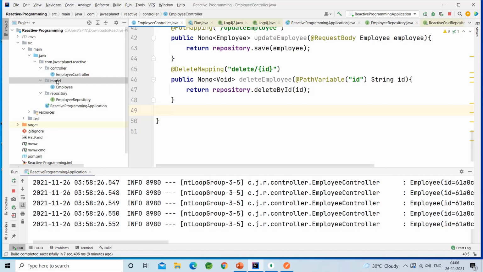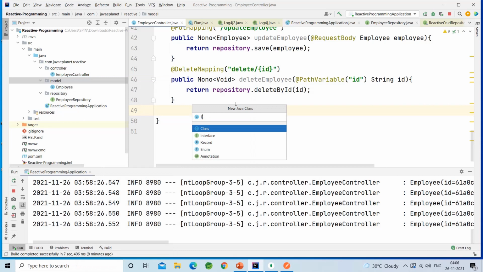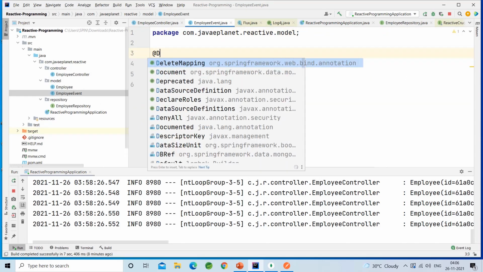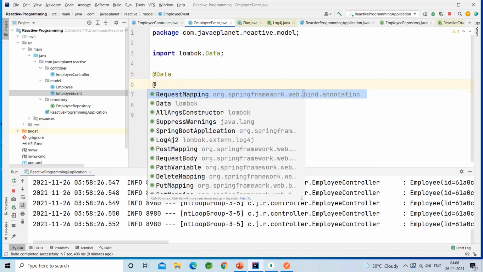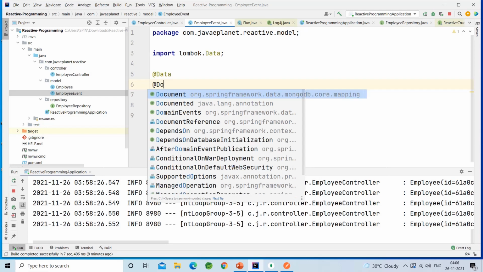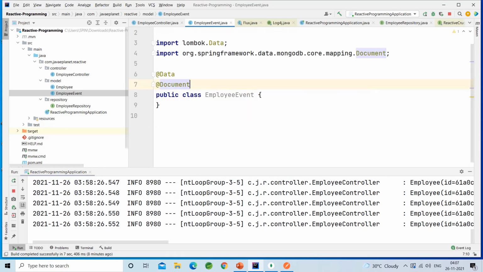In the model class, I am taking another class, EmployeeEvent. Data, Document.